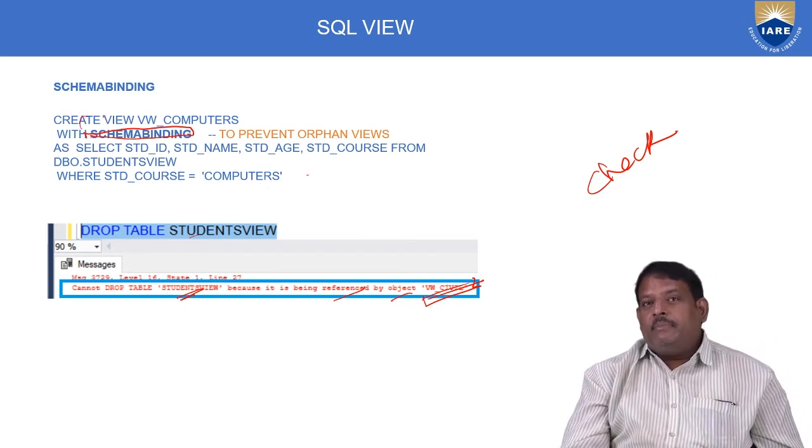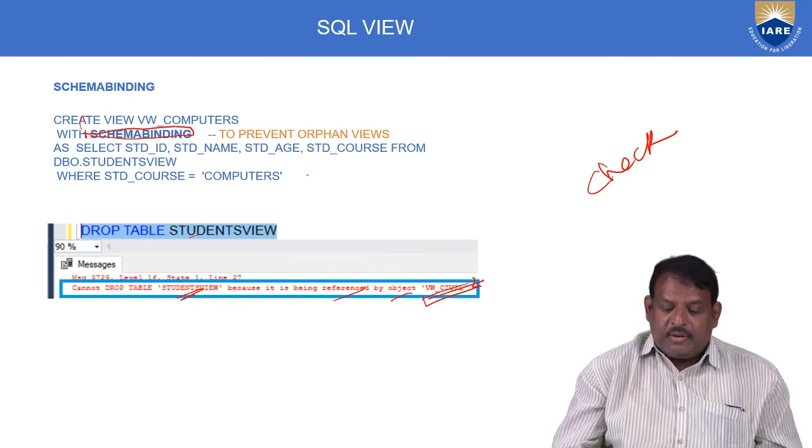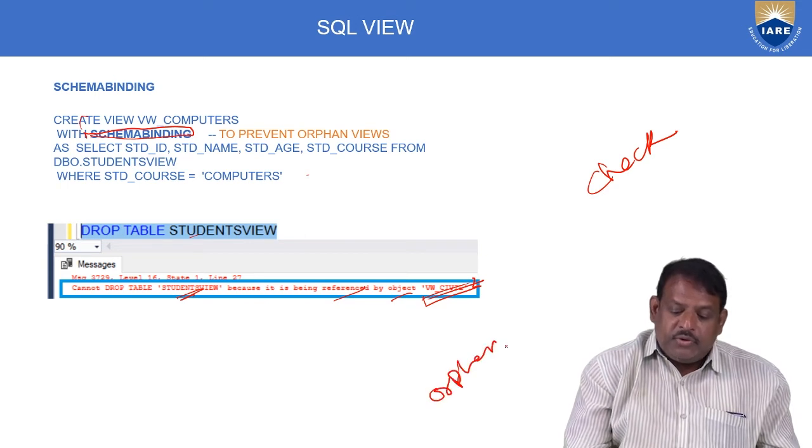Schema binding will prevent orphan views. What is an orphan view? An orphan view is a view that exists